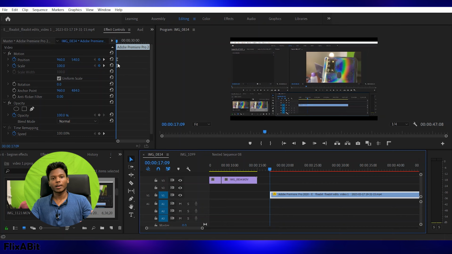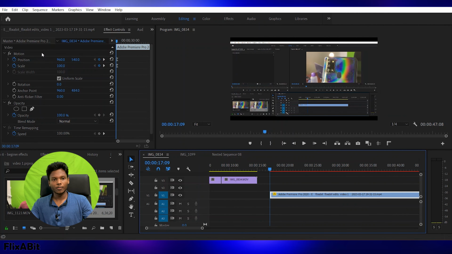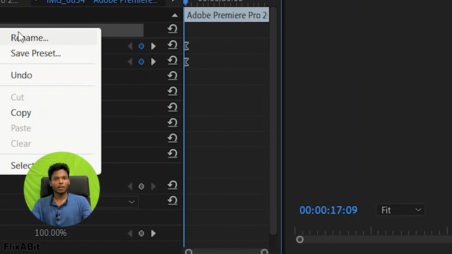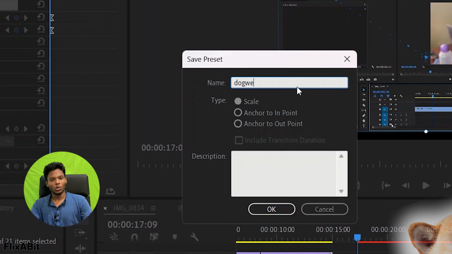Now as you can see, I have created a zoom in effect on this video. Now let's say you want to use this same effect on another video. What you can do is click on this, copy this, and then paste it to another video. But if you want to save it for future videos where you don't have this video and this effect, in that case you can right click on this effect and click the save preset button, and I'll save it as Dodge Zoom